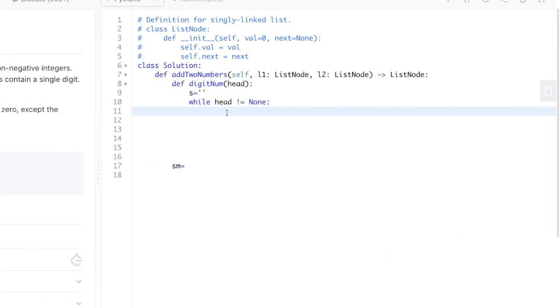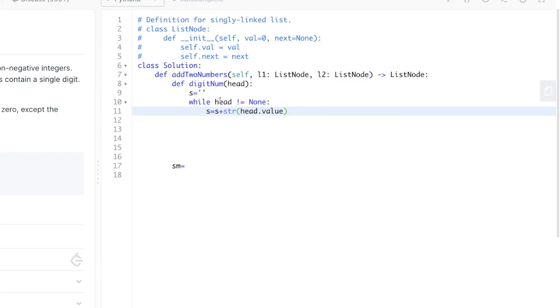So s equals s plus str of head dot value. Each time it iterates through the linked list, it adds the value part and stores it in string type.